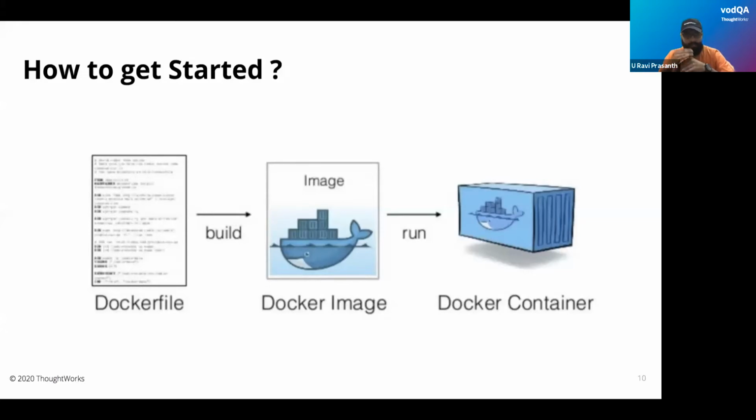Once you build the Dockerfile, it will create an image. An image is nothing but the snapshot of the container. The image will have all the necessary things that are necessary for your application to run. Now after we run the image, it will run as a container. In the Java world or in the OOPS world, an object is nothing but an instance of a class, right? Similarly, a container is an instance of an image. If you run an image, it will start a container.